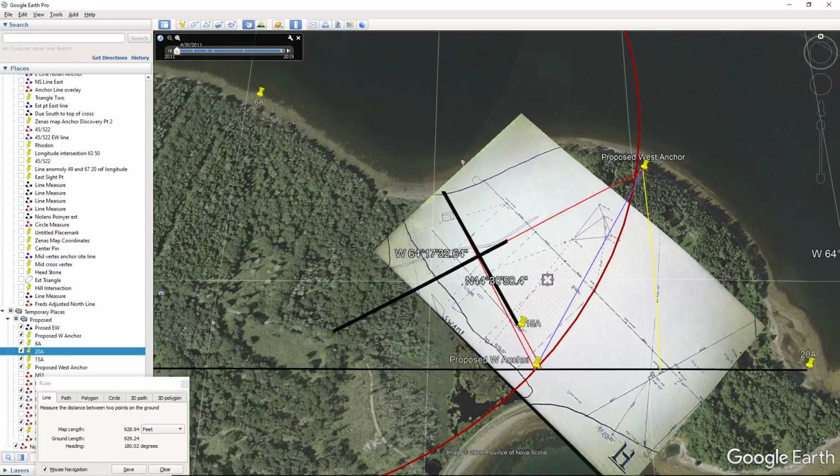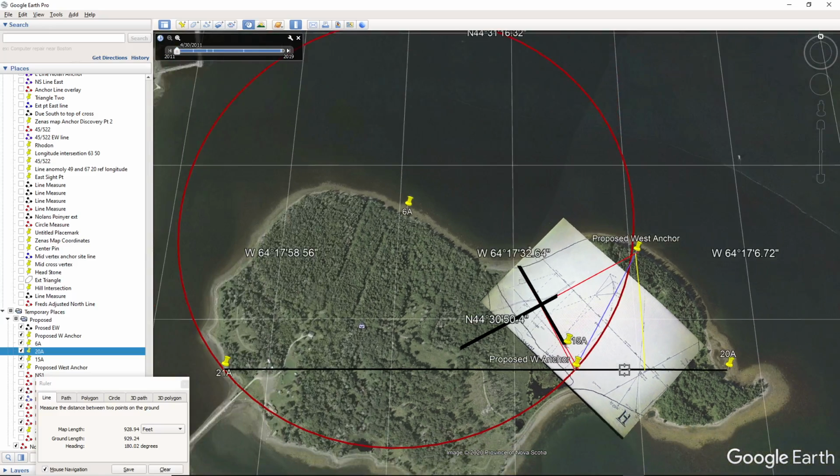Now, I checked also her Nolan's Cross position, and it's pretty much the same as mine. I went through several different looks at it, and found out that her Nolan's Cross is pretty much lined up the same as mine, and that's an important feature. So anyway, it's looking pretty good. She has at least two known data points